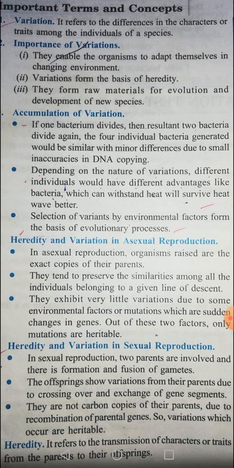Now I am talking about heredity and variation in sexual reproduction. As we know, sexual reproduction involves fusion of two different types of gametes, the male and female gamete. So the chances of variation are quite greater in sexual reproduction, because the offspring show variation from their parents due to crossing over and exchange of gene segments. During the time of gamete formation, the two chromosomes present in a single gamete